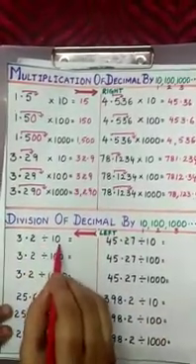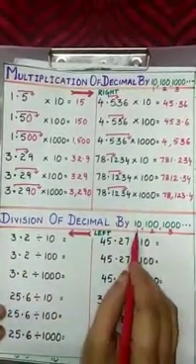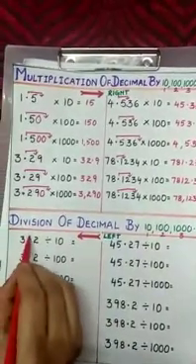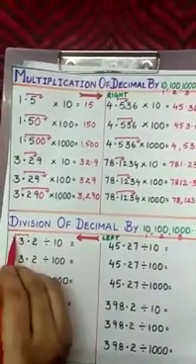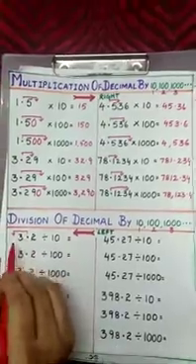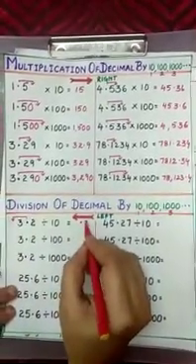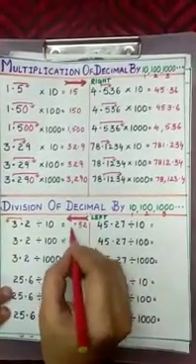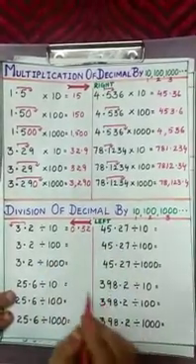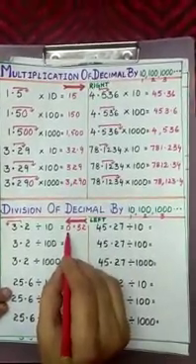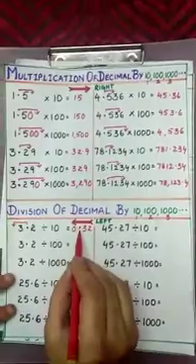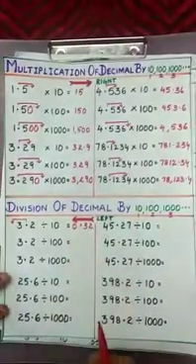3.2 divided by 10. So you have to shift the decimal before one place towards the left direction. So before 3 we get 0.32. There is no whole number part, so we can write 0. If you do not write 0 also, no problem, but you should write the decimal very clearly when you are writing.